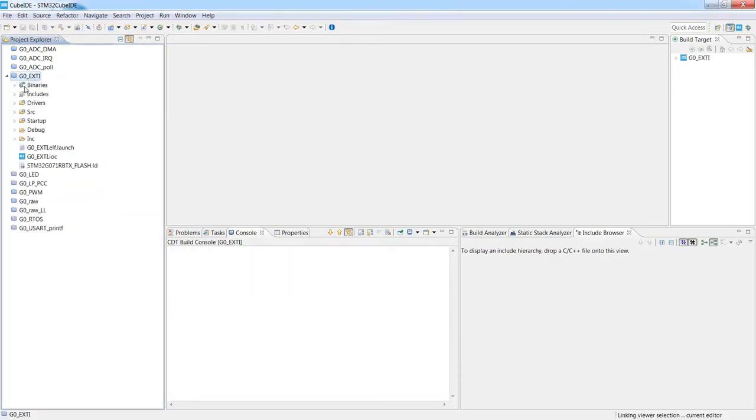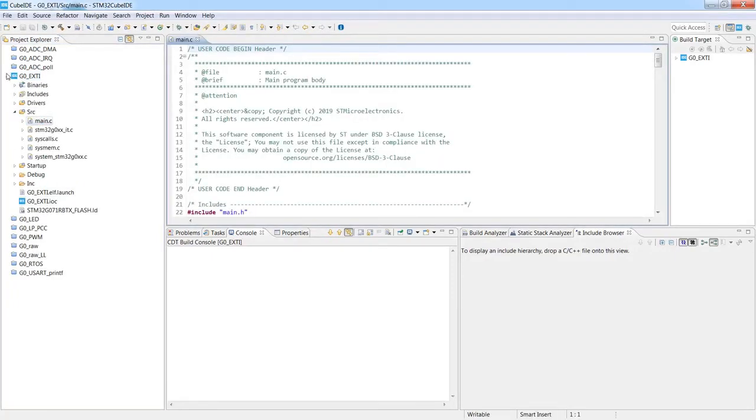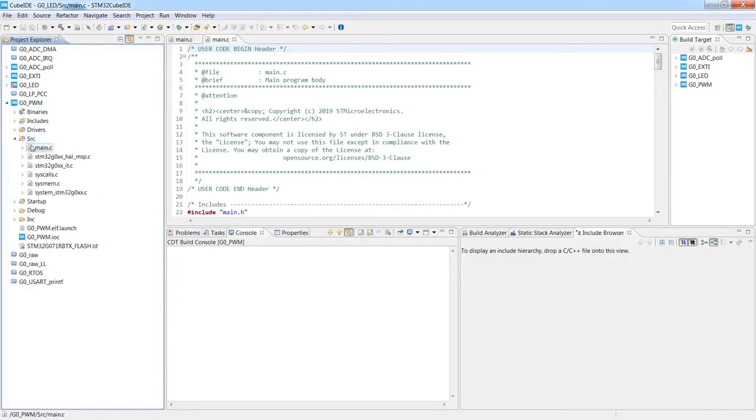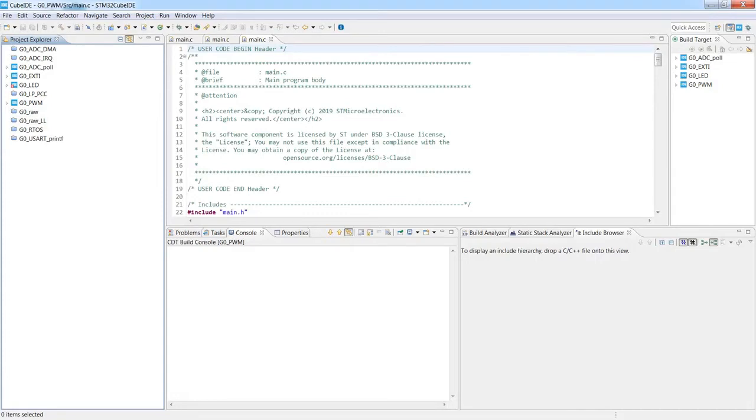Important point is that when you close the project, you are closing all the files related to this project. I will demonstrate now this feature, just opening a few files, few projects. I opened 3 main.c files from different projects. It could create some problems during our development. What we can do here, we can use this close project feature.